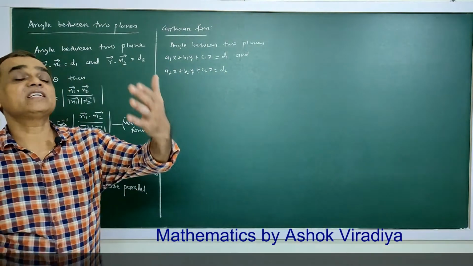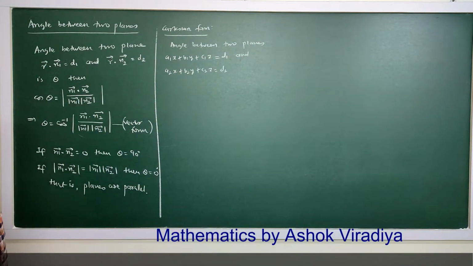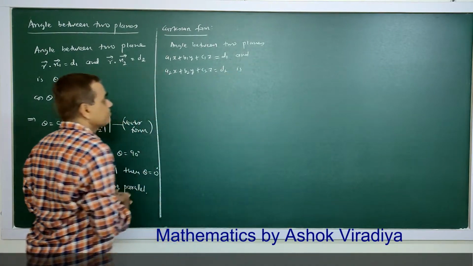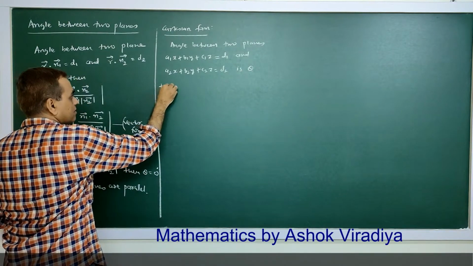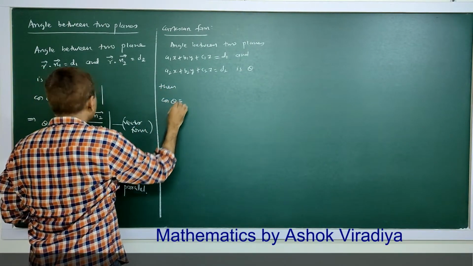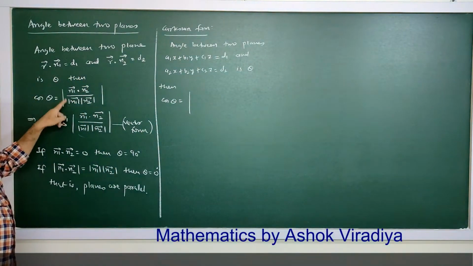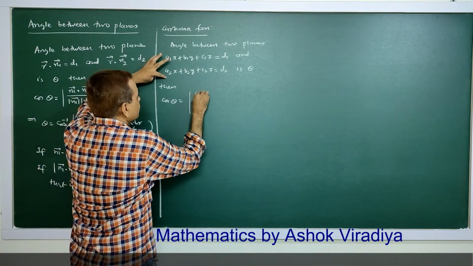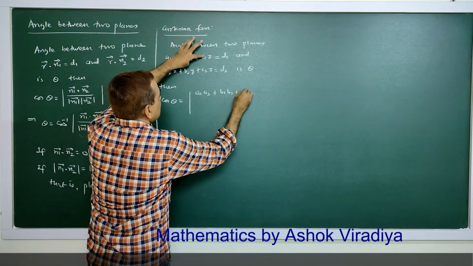These equations are in Cartesian form of planes. So if the angle between these two planes is theta, then cos theta is the modulus of the dot product of n1 and n2, that is a1 a2 plus b1 b2 plus c1 c2,